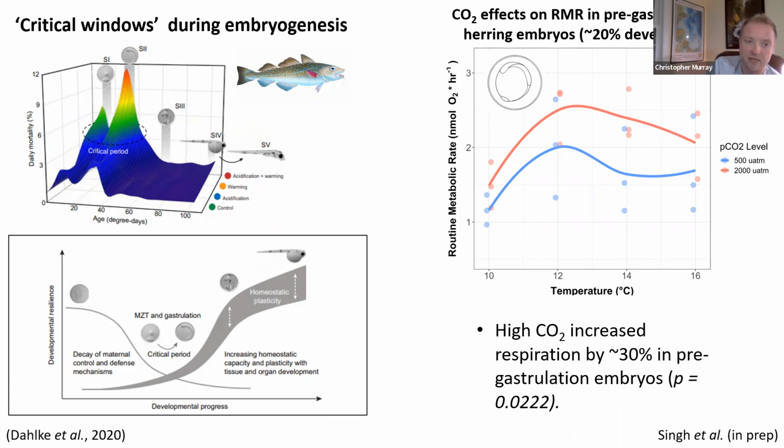And what it suggests is that developmental stage indeed will predict the metabolic response of embryos with respect to acidification. What I should caution is that even though we see this significant increase here, on the whole, I don't think that acidification has much of a metabolic effect on these embryos. So despite the fact that it increases metabolic rate in one stage, if you integrate this effect across all developmental stages, the effect is still pretty small. But if we're going to be looking at acute effects, then this embryonic stage probably is where we should look, given these early results on respiration rate.